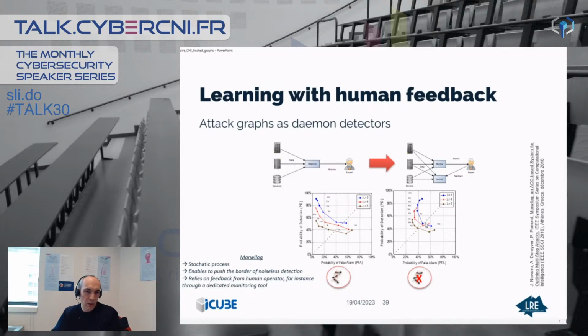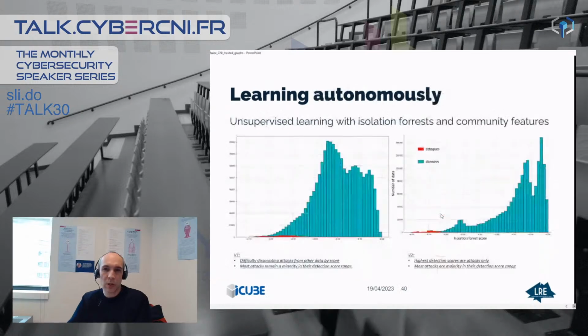For that, we have a stochastic process, and it enables us to push the border of noiseless detection, improve precision while keeping good recall, and it fully relies on feedback and the human operator. So the approach needs to be integrated in specific tools. So the next step is to be able to